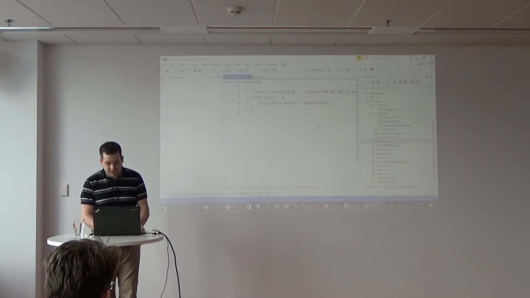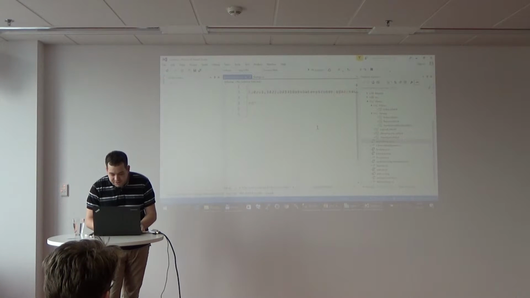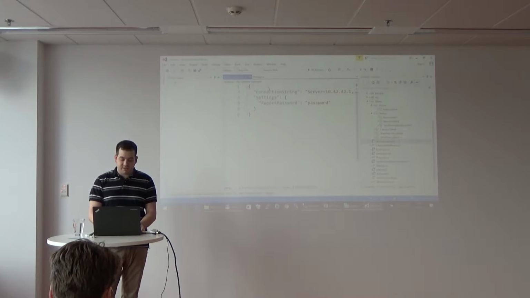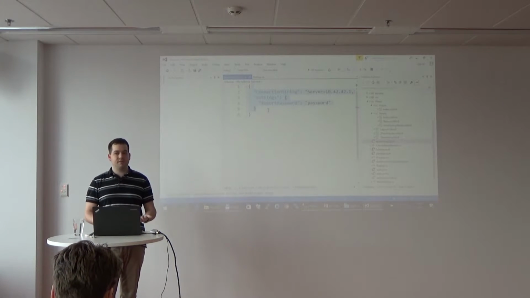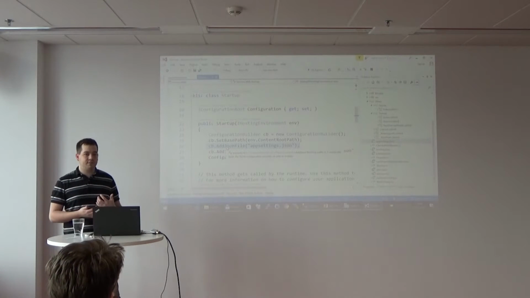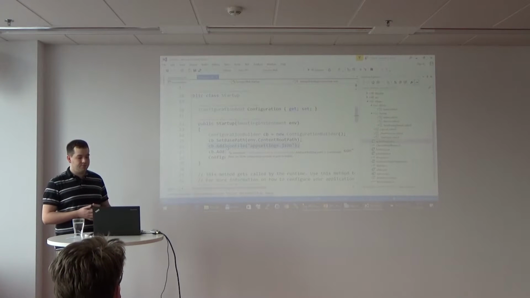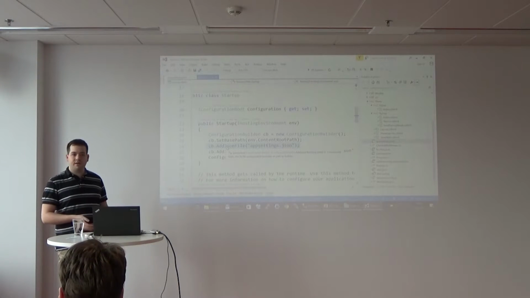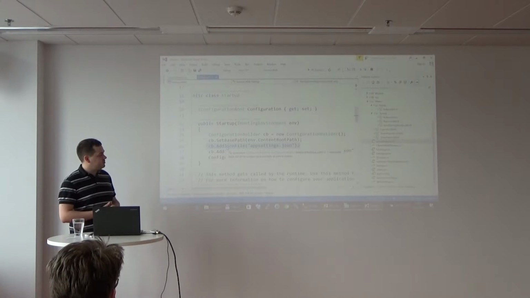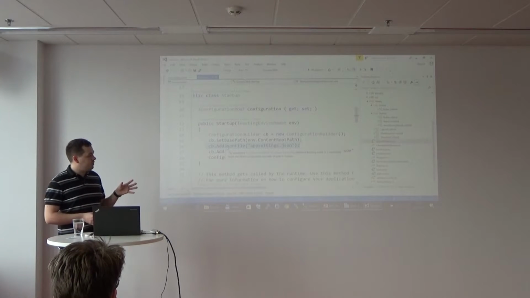I hope there will be no password to production database. No, okay. And there are just some simple settings in JSON. I can use other different sources. I can read configuration from database. I can read configuration from 2 different files. I can do whatever I want with the configuration files. So this is one point of extensibility.